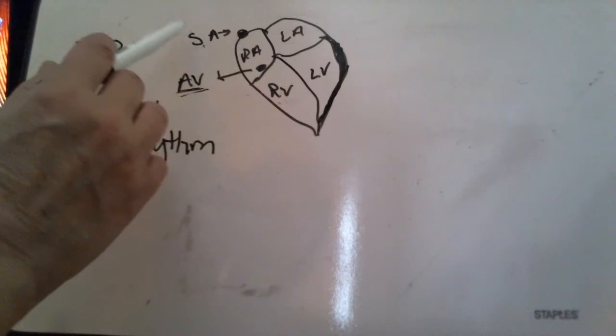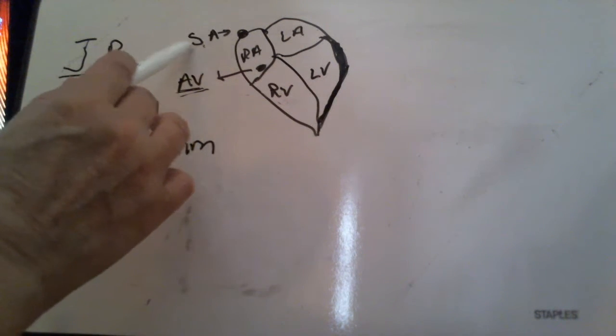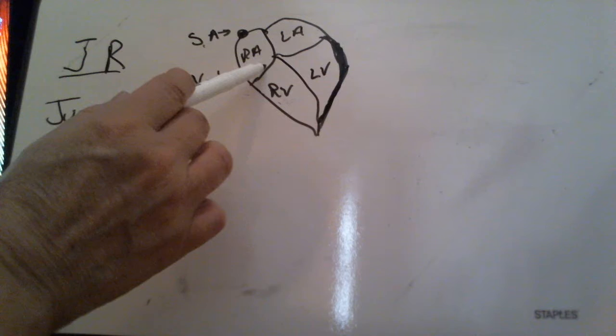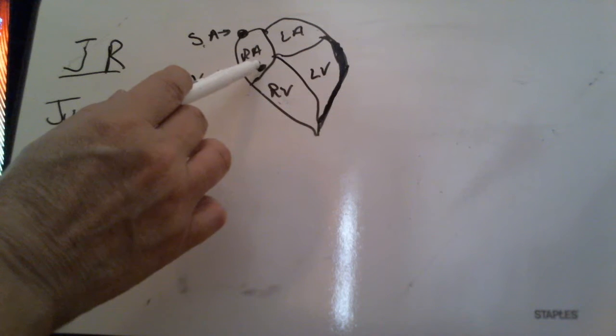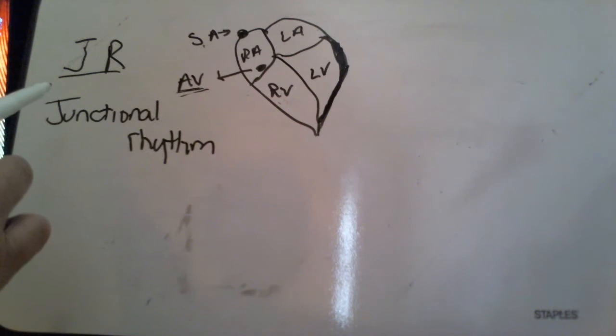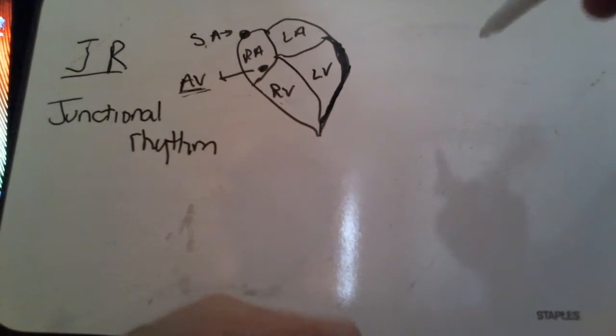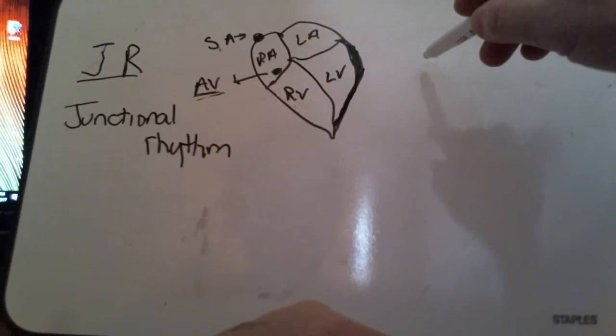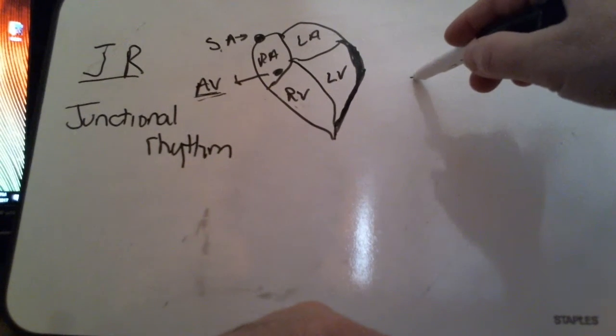So for whatever reason, the SA node is not firing, so the AV node is the source of the electrical conduction. So what we will have is either no P wave, so our rhythm would look something like this,